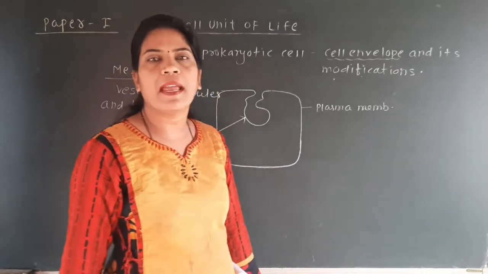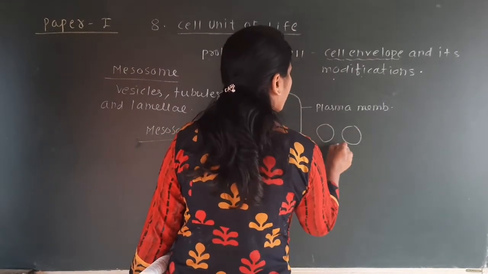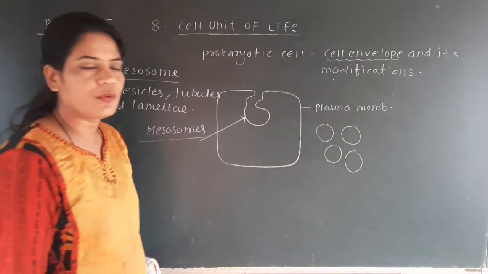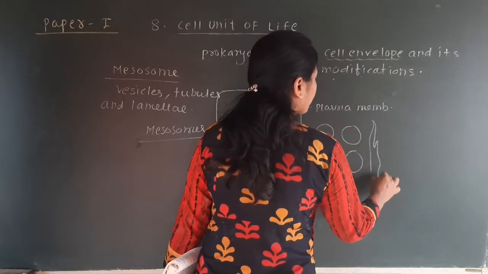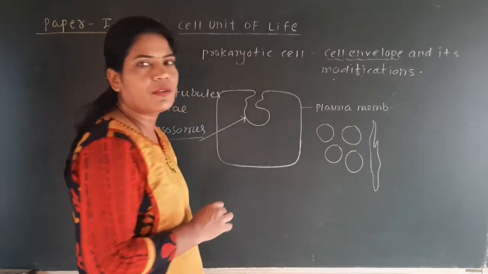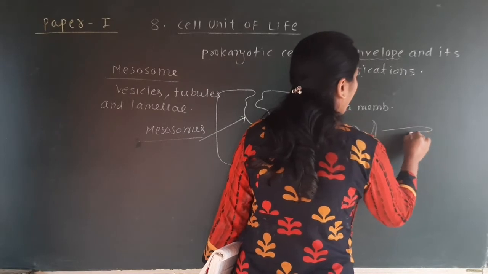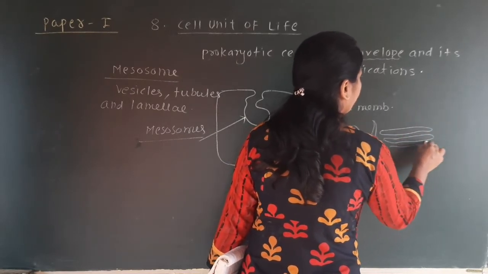Vesicle, tubules, and lamellae. Vesicles means such structures we find. These are called the vesicles of the mesosome. Tubules means you will find a tubular structure. That is called the tubules. And lamellae means if we find this mesosome in such a structure, then we call it